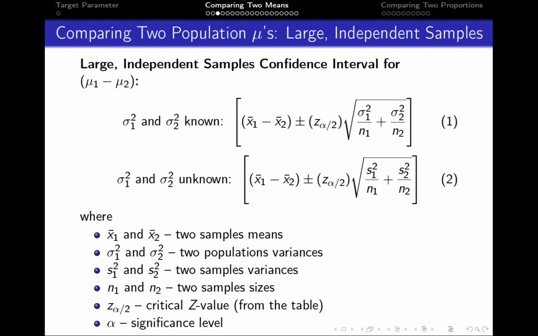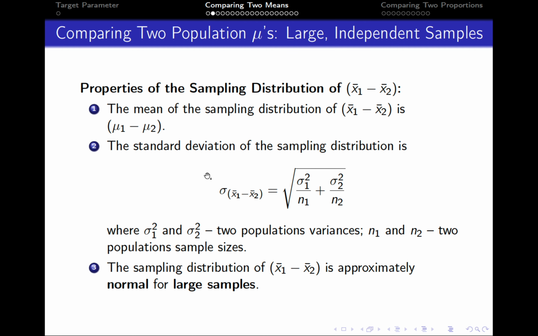So first of all, let's see how we can construct the confidence interval for the difference in population means. When we know the true population variances, here is the formula. First we calculate the difference between two sample means, subtract and then add a z-score at the critical level of alpha over 2 multiplied by the square root of, as we know, this is the standard deviation of the